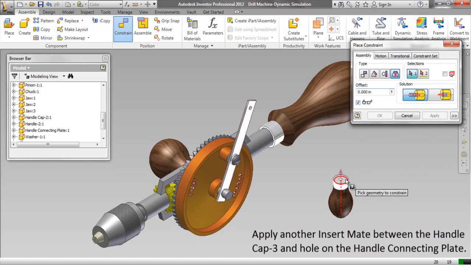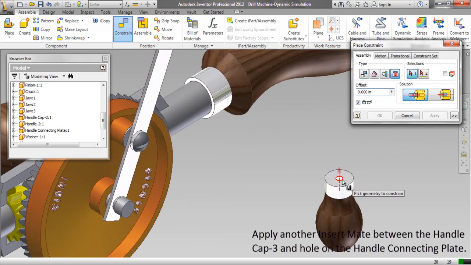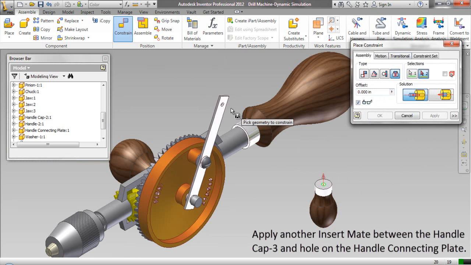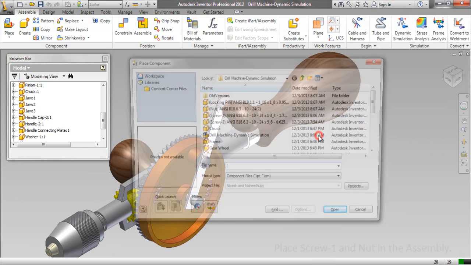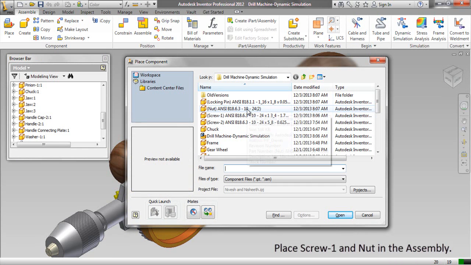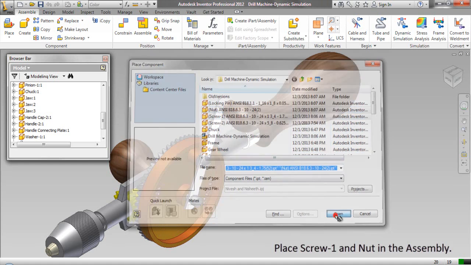Apply another insert mate between the handle cap 3 and hole on the handle connecting plate. Place screw 1 and nut in the assembly.